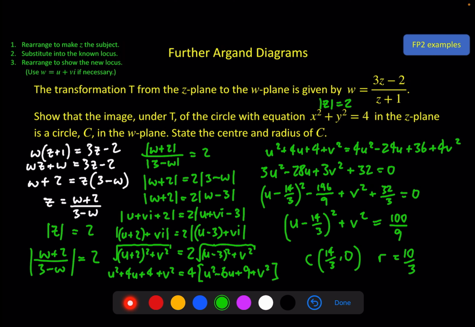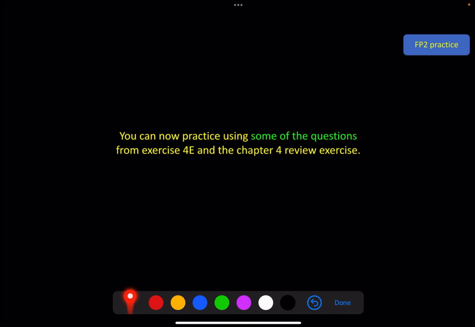And there we go. So there were 2 extra things here to realize. First of all, be careful, you might not be given the locus explicitly in the question, and you might have to use w equals u plus vi to interpret the locus, just like we did z equals x plus yi in previous videos. Okay, there's plenty to practice there, although we haven't finished yet. You could stop now and do some of the questions from exercise 4e and the chapter 4 review exercise, but